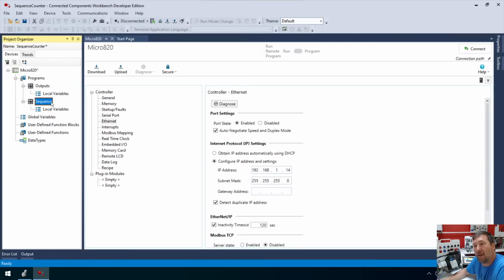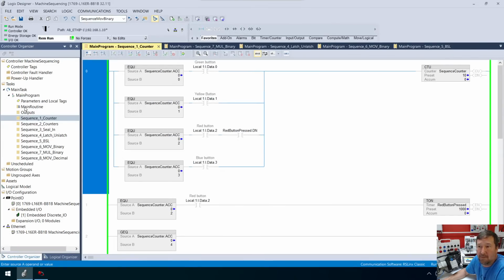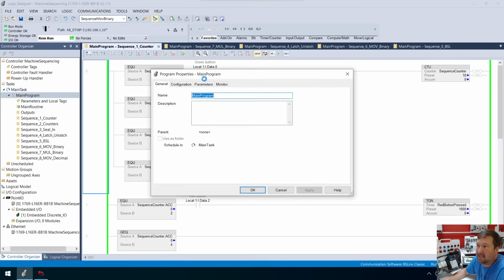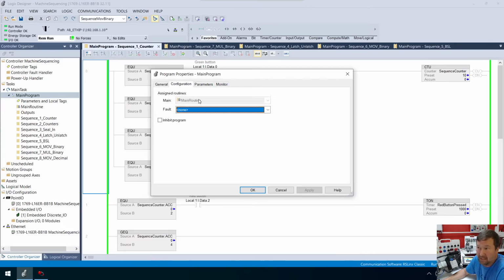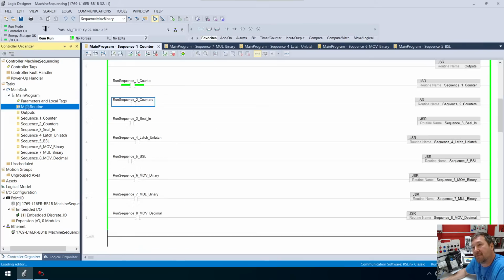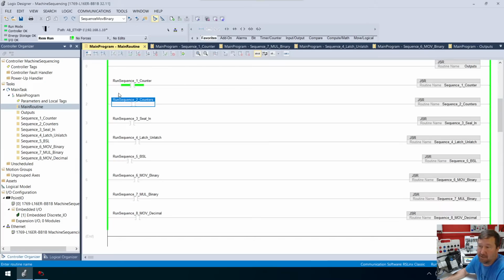Now this is something that is different between Studio 5000 and the Connected Components Workbench, is in this case all programs are executed in the order that they're listed. So let's say we wanted sequence to execute first, then we would just drag it up here, and now it's going to execute sequence, and then it's going to execute outputs, and then it's going to start over. Whereas in Studio 5000 we have a main routine, and if we right click our main program and go to properties, we can see our main routine is the main routine. So it only executes this routine right here,